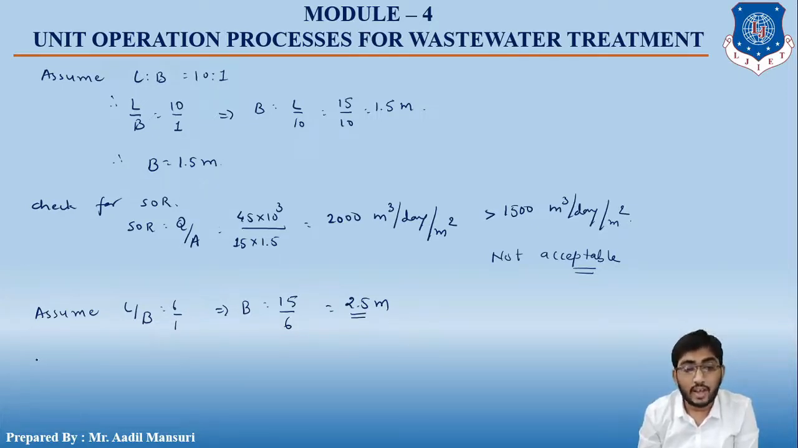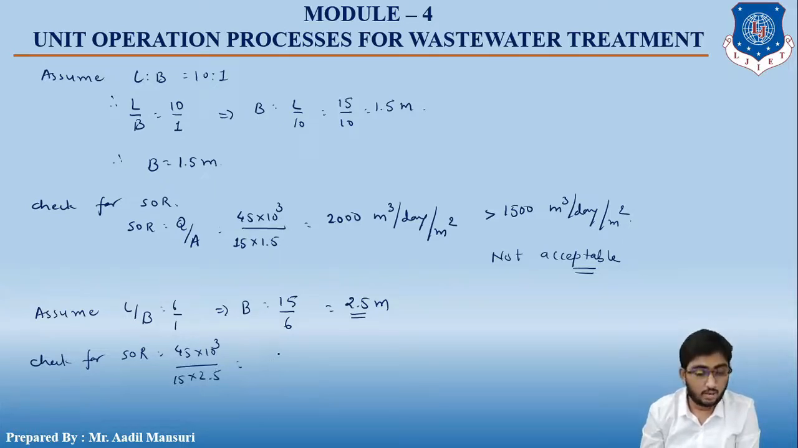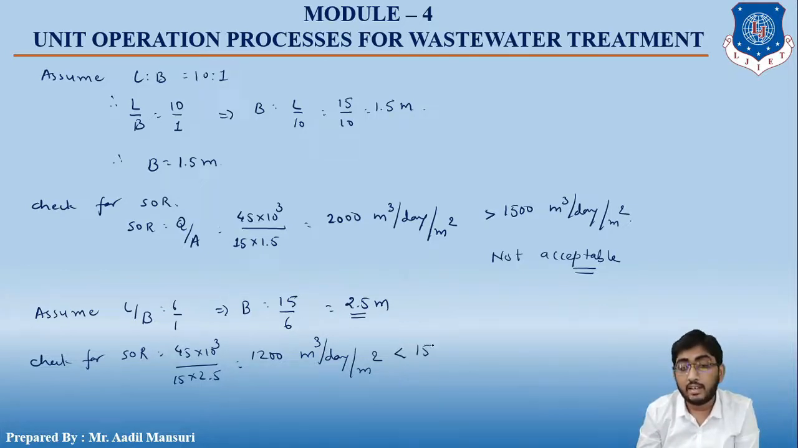Then check for SOR again, right? So this will be equals to 45 into 10 to the power 3 divided by 15 into 2.5, and this comes out to be equals to 1200 meter cube per day per meter square, which is less than 1500. So therefore acceptable. Okay, students, therefore final dimensions